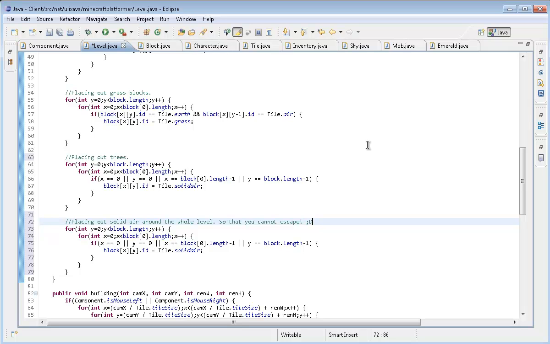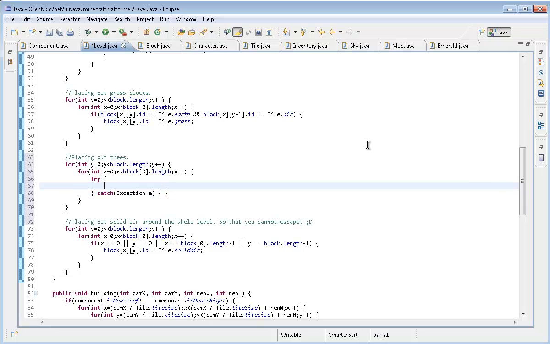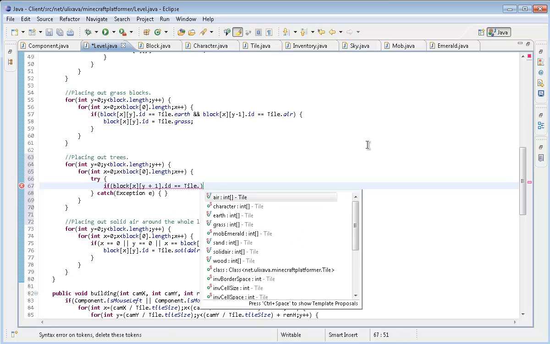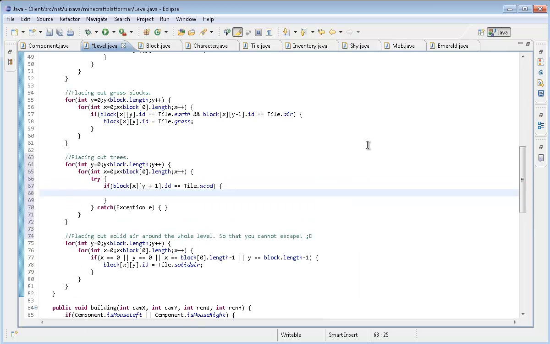Something like that, yeah. Placing out the trees. Gonna do a little try and catch here in a second. Yep, try catch exception e. Basically, if block x y plus 1 dot id is equal to, you guys should already know all this stuff, so all this. Because I tried to explain some of these basic things before. Now, if it's equal to grass,